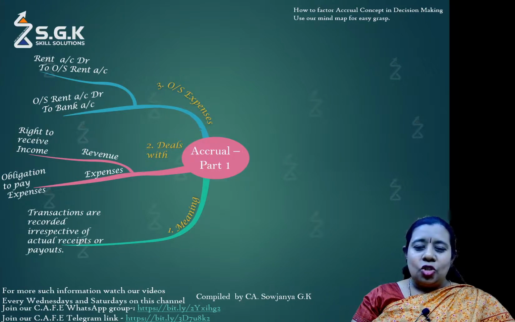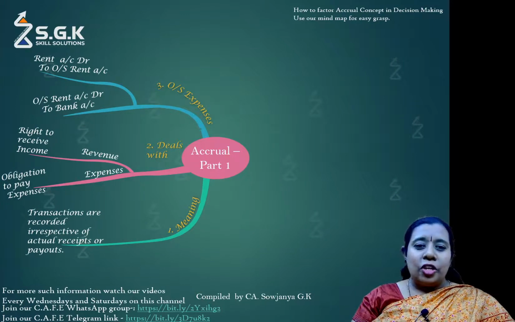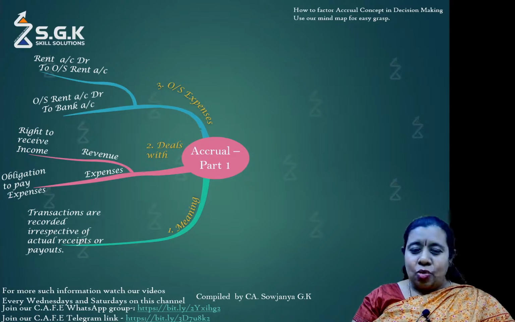Any entity draws up two kinds of financial statements. One is a balance sheet, which is a scenario of assets and liabilities as on a particular date. Second is a profit and loss account or an income statement for a range of period, like a year, 6 months or 1 month. So it's for the period ended 1 year or the period ended 6 months. If we take in our example a profit and loss account for the year ended, then a 12-month expenditure has to be shown in the financial statements.